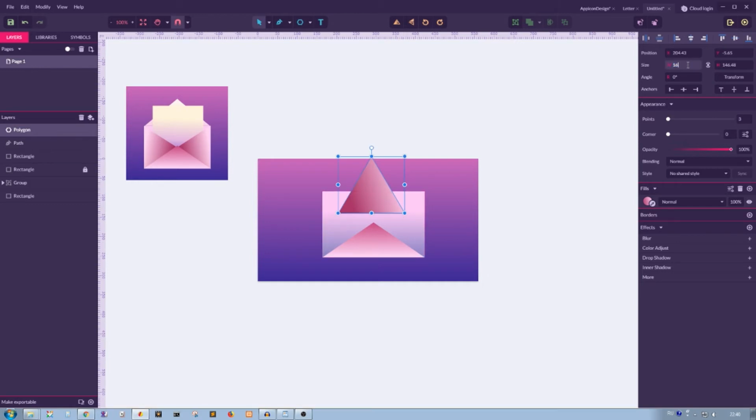I'm gonna set 170 pixels and then continue to hold Shift, and I'm gonna rotate it like so and place it here. So it's gonna be our side flap, and then I'm gonna hold Control and use my down arrow key to move it behind